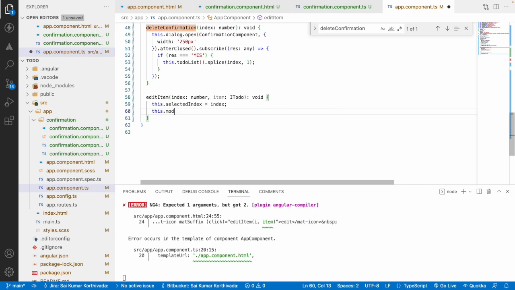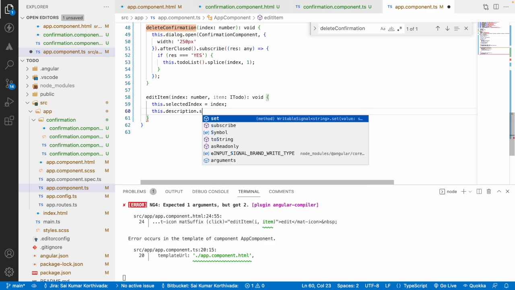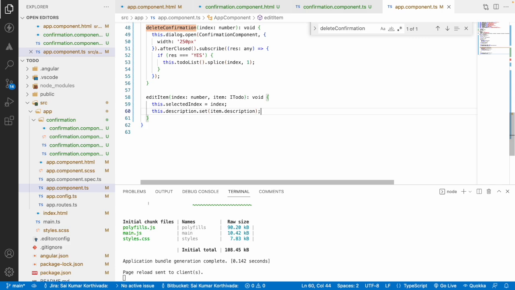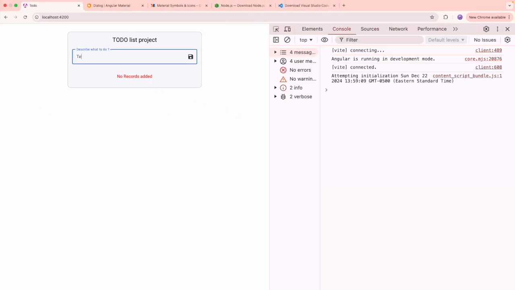So I can update my text field by using your description model.setValue of item.description, and save this. Whenever there is a selected index which is equivalent to 0 or 1 or 2, then my field will be filled automatically with this description value. Let me go here, I'll use something like testing and click on this. When I click this, you have not been given a chance to edit it, but when I click on edit, you can see the testing label is updated over here,